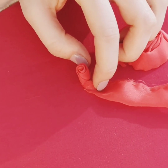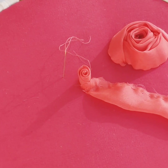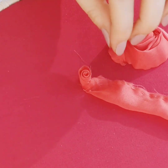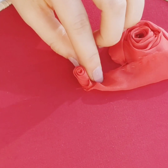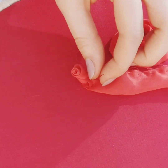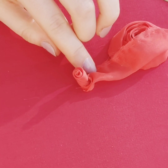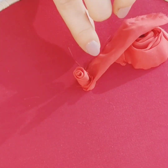And what you're going to do is just create some little pin tuck stitches to hold everything in place. Now by pin tuck I mean you're going to come up through the base fabric, pull the thread the whole way through like this, and then go back down pretty much in the same place. You're only going to be catching a few of the weave threads at a time off the fabric, but that's going to be enough to hold everything in place. Then as we move on, I'm going to come up through my fabric again. I'm still just on the inside of my running stitch, so that's going to disappear, and each time I'm just manipulating the petal around, so we're working with that curve of the running stitch and forcing it into the rose shape. So we come up, pull it through, go back down through the same place, pull the petal round a little bit further,